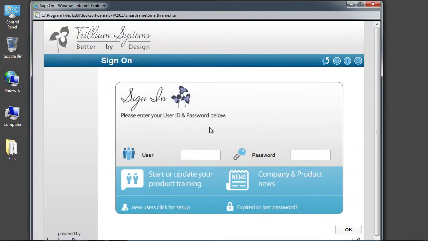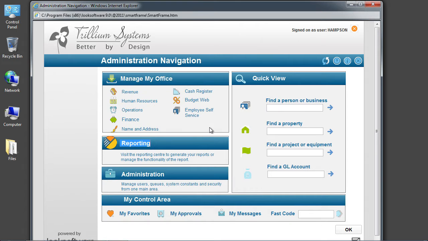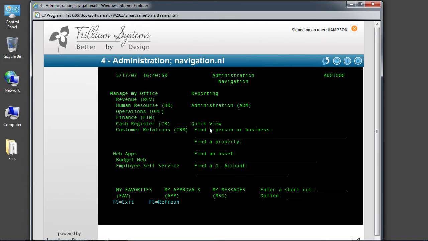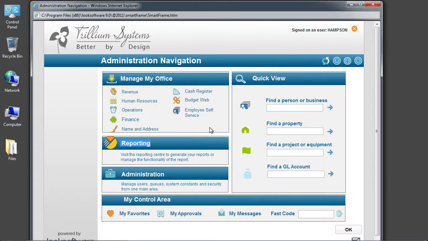The system you see here is live and in use today. It leverages dynamic recognition to cover many of its 10,000, yes 10,000 screens, and has been enhanced in key areas. Modern sign-on screens with new user help, password assist, training and company information. A menu, yes that's a 5250 screen, but it looks great and it helps users get quickly to their common